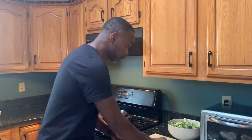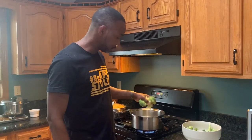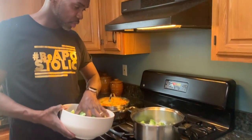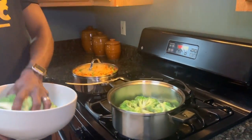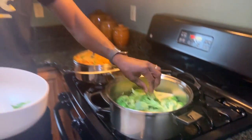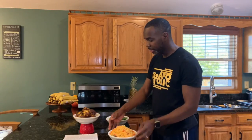Also, when you cook your vegetables, you don't want to overcook them. When you put it in there, you're trying to preserve the nutrients. So we're going to add our vegetable, nice salt water. That's it. That's our broccoli. So we're going to steam these broccoli here. This is what our final product looks like. Here's our rice, baked chicken,